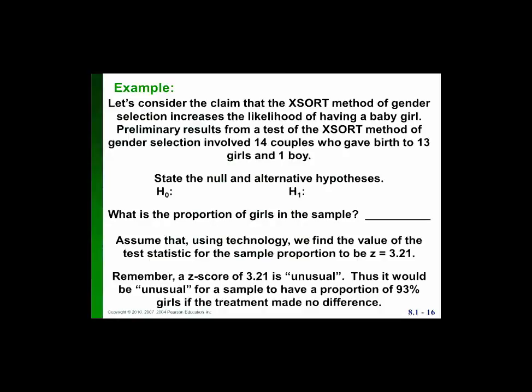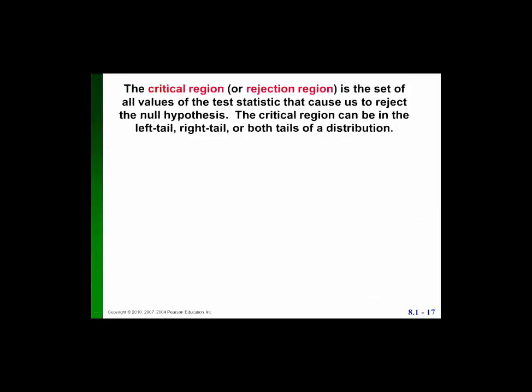All right. The critical region or rejection region is the set of all values of the test statistic that would cause us to reject the null hypothesis. The critical region can be in the left tail, the right tail, or both tails of a distribution. We're going to have to think hard about that. If you drew the little picture that I did beside the last slide with proportion equals 0.5 in the middle and proportion equals 0.92 way out in the right end,